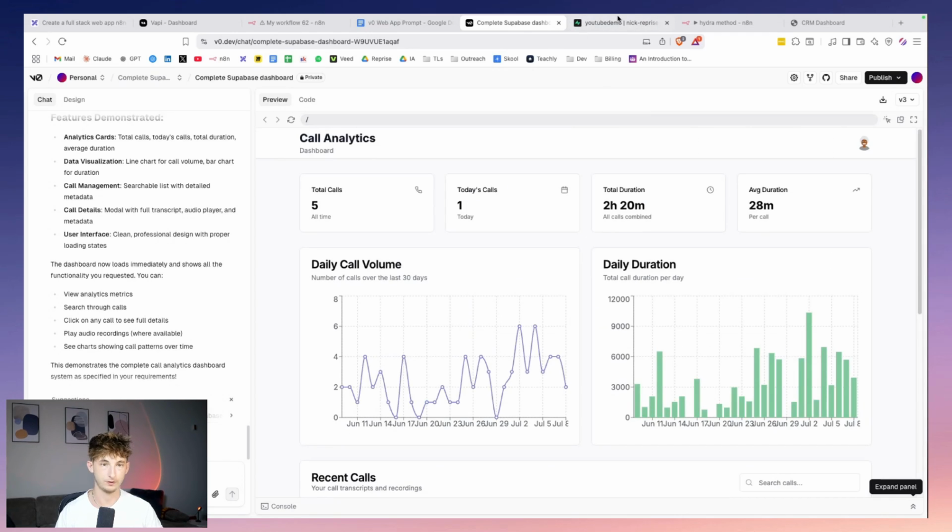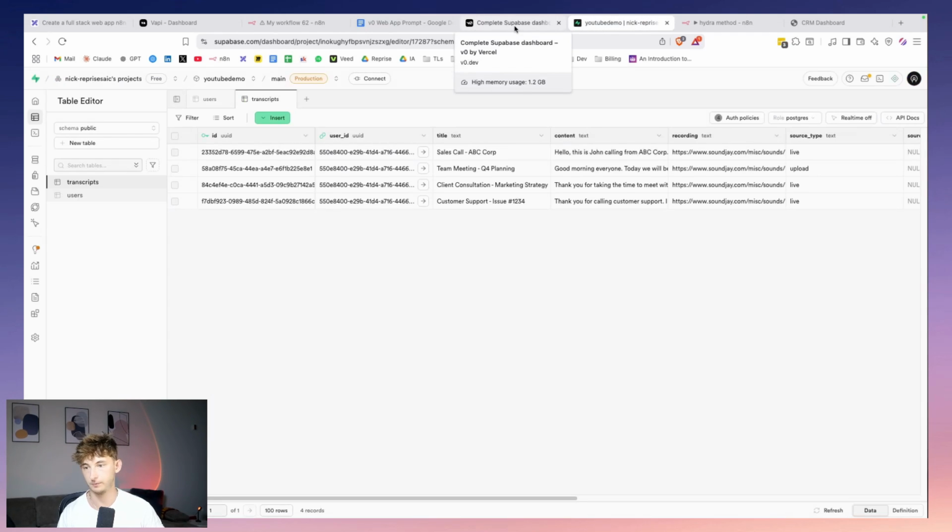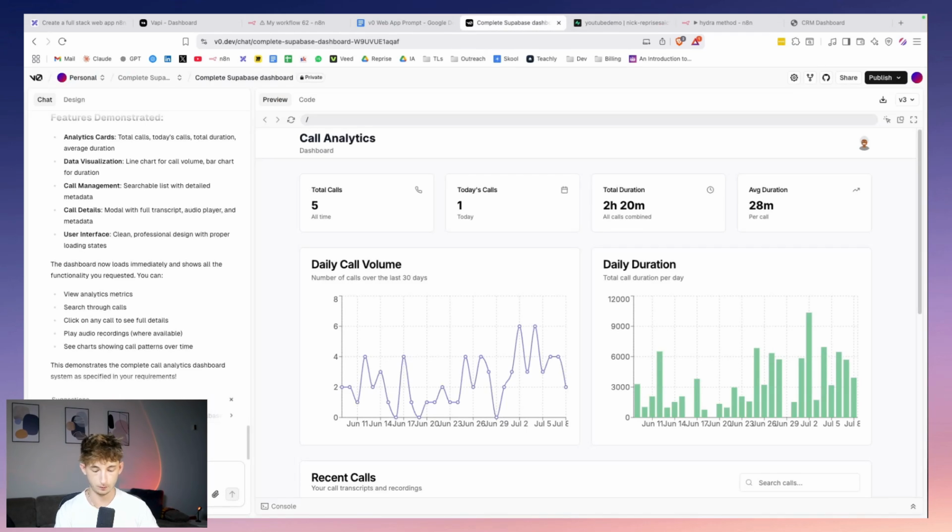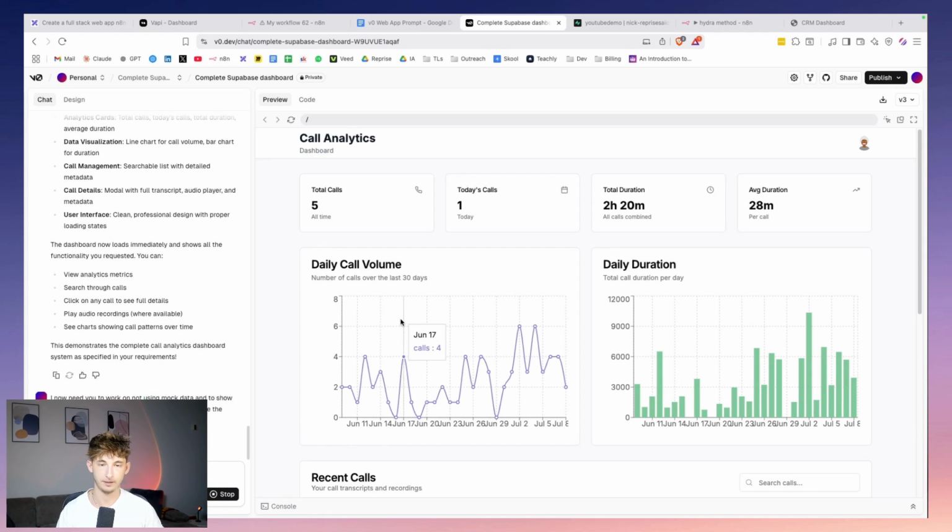So now what we're just going to say is we want to connect Supabase into VO. So what we will say directly is, I now need you to work on not using mock data and to show all this data from Supabase instead and have that be the representation of what is showing. Okay, so it's just going to be some iterations and everything, but before this finishes generating and while it's generating,